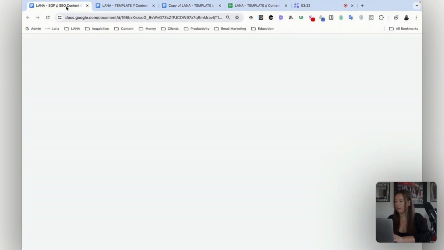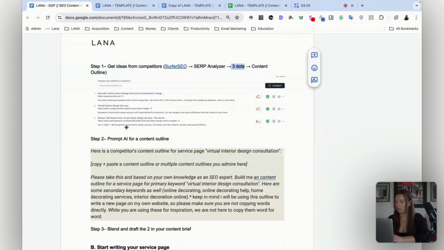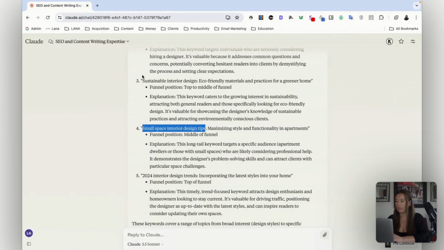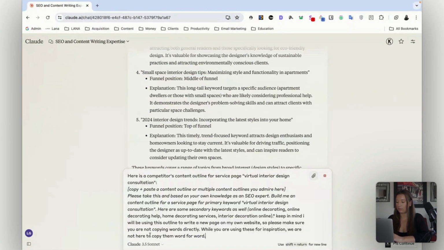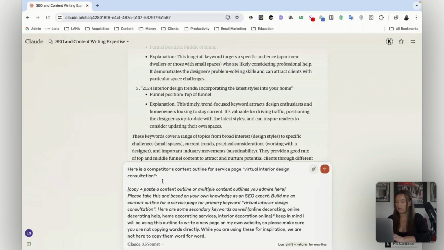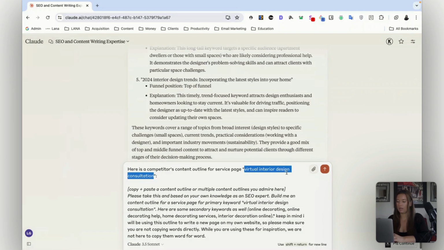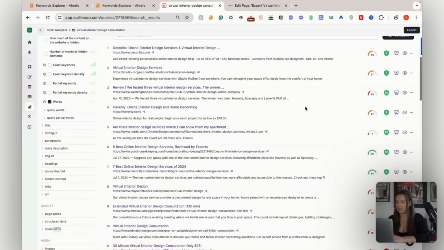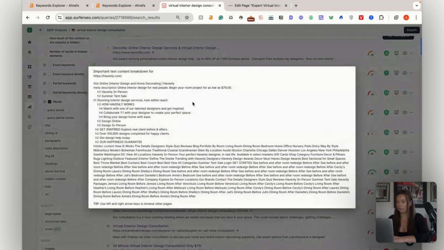But then after that, the very next thing is you want to prompt AI now. So basically what I'm going to do is I'm going to come to Claude, put in this, and you can see here, my prompt here is competitors' content outline for a service page. And this is the keyword virtual interior design consultation. And I'm going to copy and paste one of the competitors that I admire the most. And I think it was this one that I liked. And then I'll just paste here